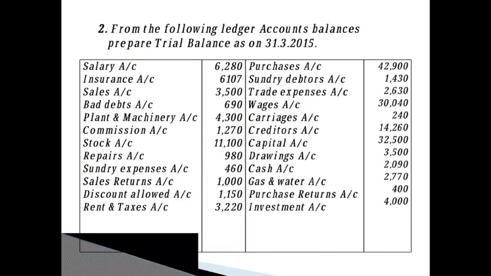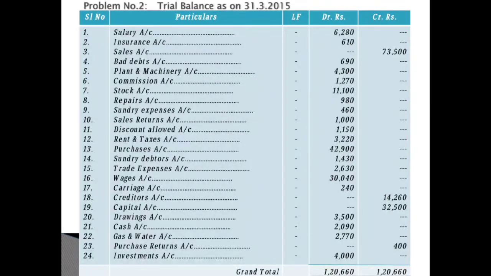Okay, next you have drawings account 3,500. So what is drawings account? Drawings means proprietor's personal expenses. So as it is an expense which shows debit balance for us, right? So the 20th we have recorded, see here, drawings account, in the debit column you should write 3,500.